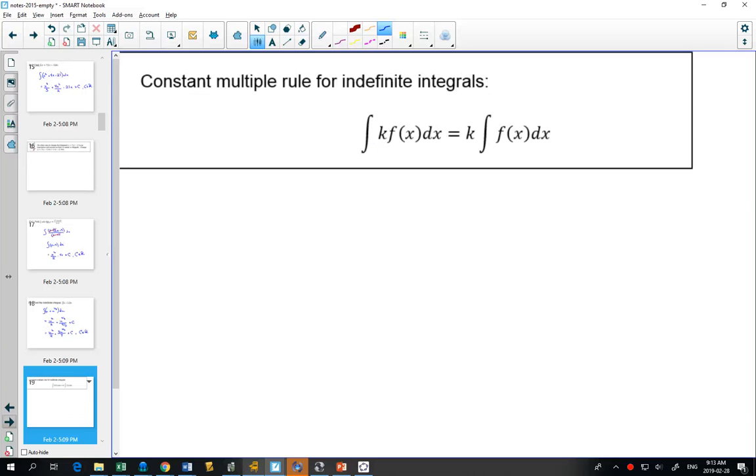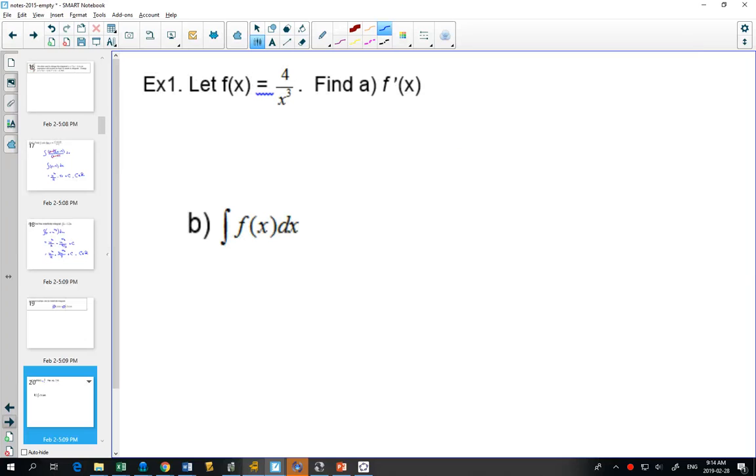Now the same thing with derivatives. If you have a constant, that constant doesn't affect finding the derivative. It doesn't affect finding the integral. You can pull that constant out in front and just integrate like normal. Now, why might we want to do that? Well,